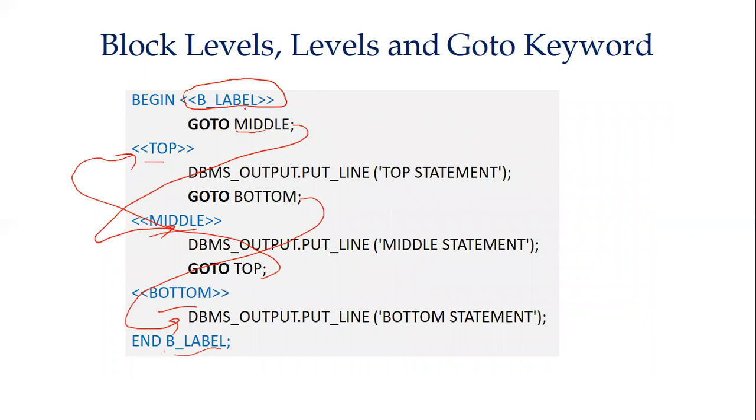So first you can see, from here, first GOTO middle, so this middle statement will be executing first, then GOTO top, so the top statement is executed, so this will be the first output. Second, this will be the output. Third, you will get the execution of this line, and finally the execution of this whole block will be completed. Okay? If you have used the GOTO statement in C and C++, this is similar. Yes, okay.